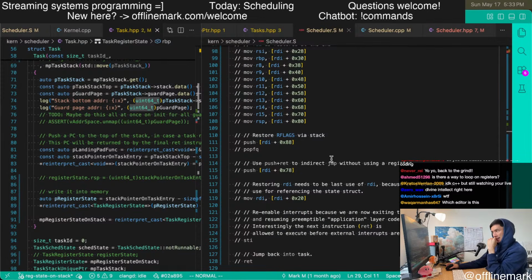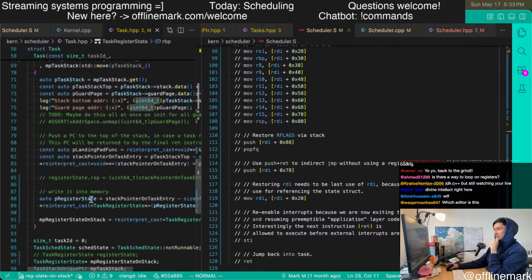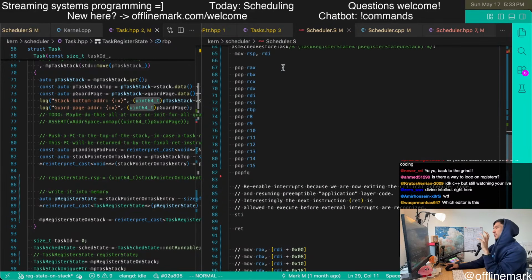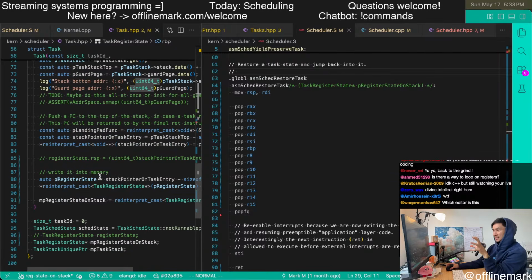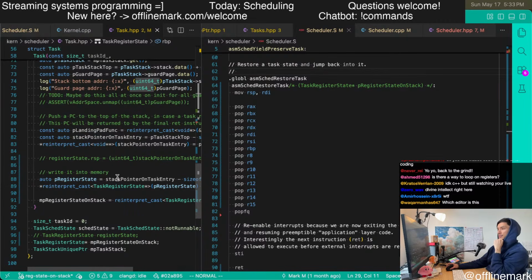So I could see an argument for actually just doing it the old way, because we reduced complexity over here in this assembly routine, but then we increased complexity in the constructor slightly, because now we need to do all this setup of the stack.